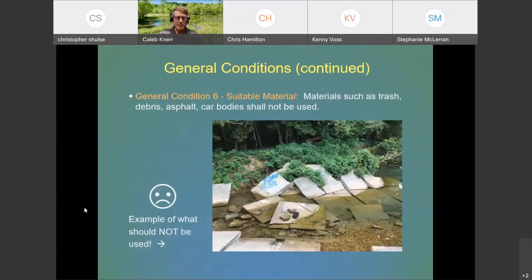General Condition 6 talks about suitable material. Earlier I referenced the Missouri 401 water quality certification conditions, but this is a 404 permit condition, so there's a little bit of overlap in that. Unsuitable materials such as trash, debris, asphalt, and car bodies shall not be used. And here's just a photo of an example of unsuitable unbroken slabs that are placed near the culvert